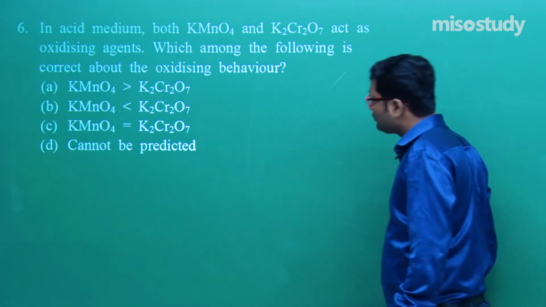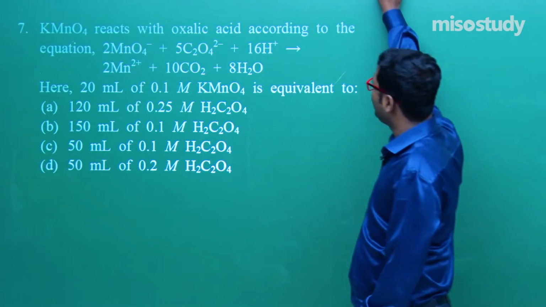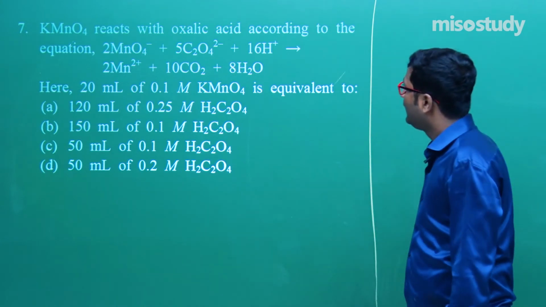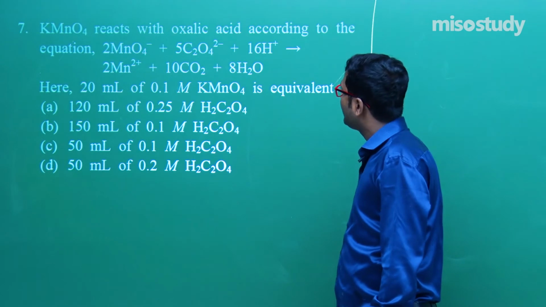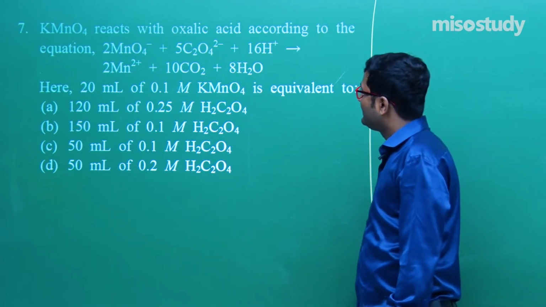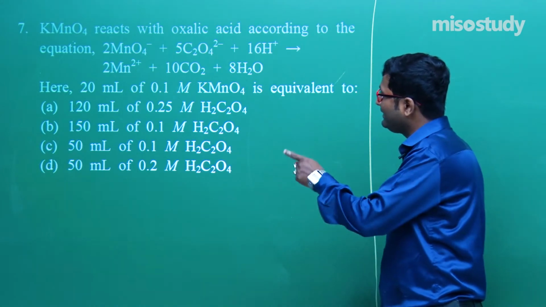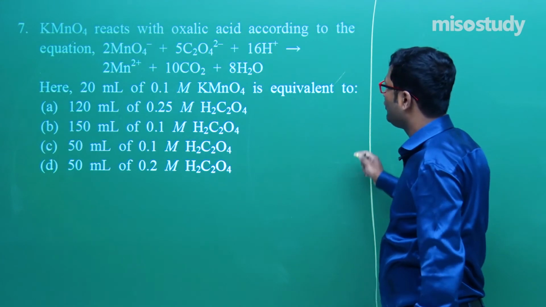Now let's move to the next question. KMnO4 reacts with oxalic acid according to the equation 2MnO4 minus plus 5C2O4 2 minus plus 16H plus gives 2Mn2 plus plus 10CO2 plus 8H2O. Here 20 ml of 0.1 molar KMnO4 is equivalent to...